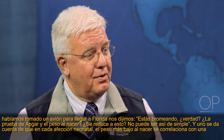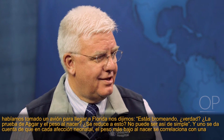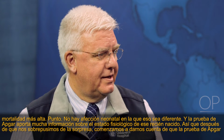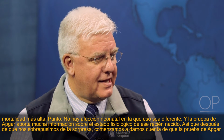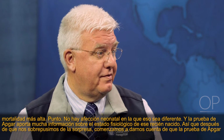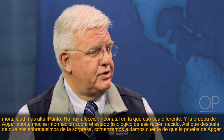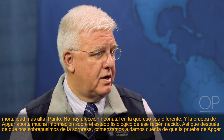And you realize that birth weight in every neonatal condition, lower birth weight is higher mortality, period. There's none that is different for. And APGAR pulls in a whole lot of stuff about the physiological condition of that newborn. So after we got over our shock, we began to realize it actually did draw a lot of things in,